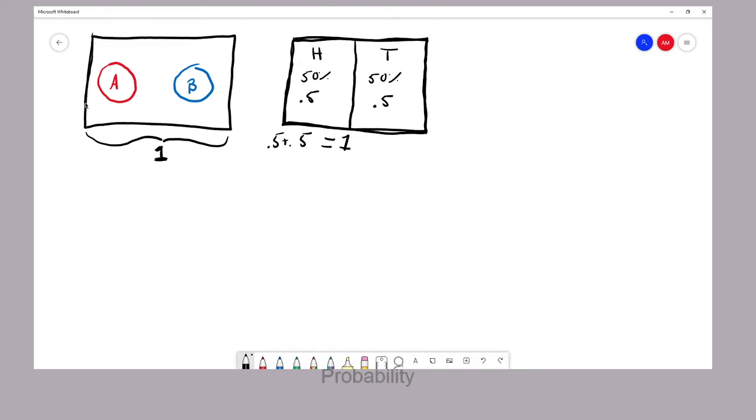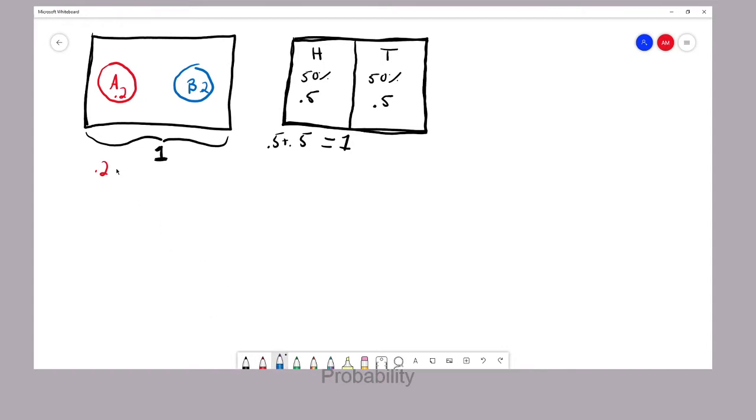So in this sample space on the left that I've drawn, A and B are considered mutually exclusive events. They're considered mutually exclusive because they cannot occur at the same time. Notice anywhere in our sample space here, the A and B circles don't overlap. So all of this has to add up to 1. So our probability for A might be, for instance, 0.2, and our probability for B might be 0.2. So that leaves